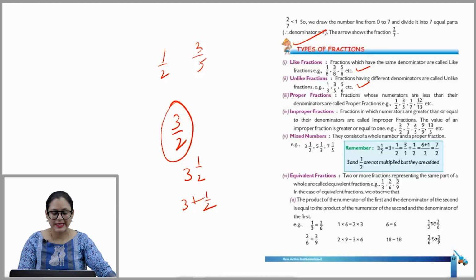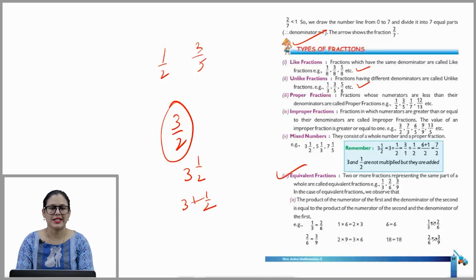Okay. Number 6, equivalent fractions. 2 or more fractions representing the same part of a whole are called equivalent fractions. Example, 1 by 3, 2 by 6 and 3 by 9. In the case of equivalent fractions, we observe that A, the product of the numerator of the first and the denominator of the second is equal to the product of the numerator of the second and the denominator of the first. For example,